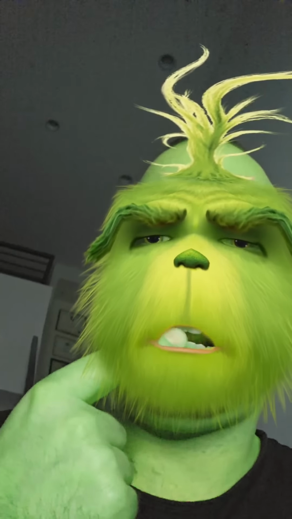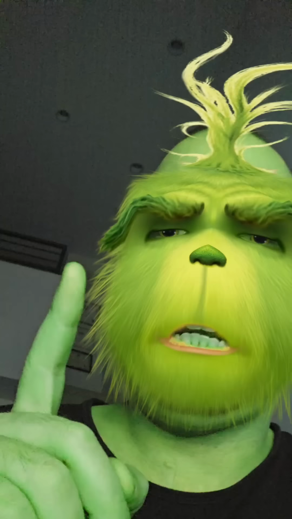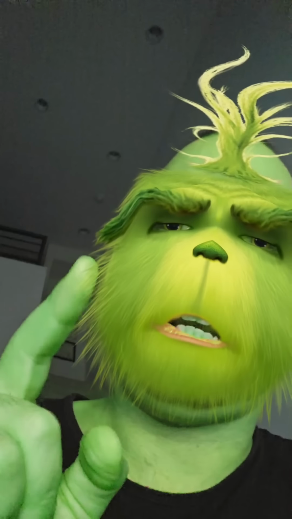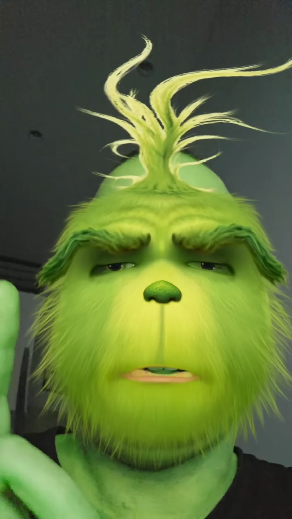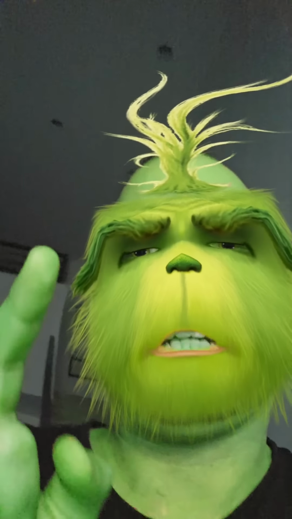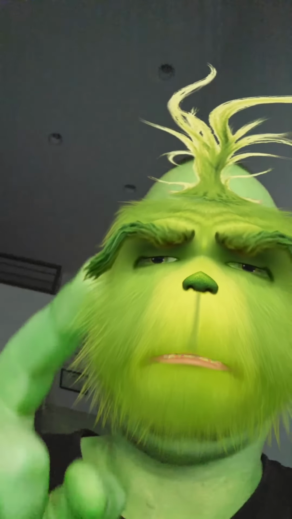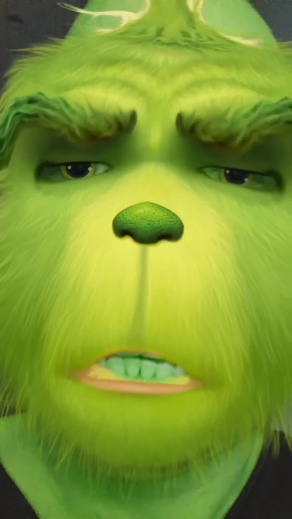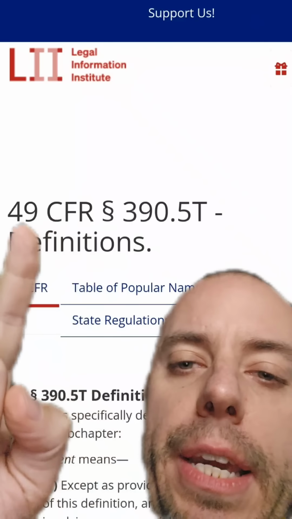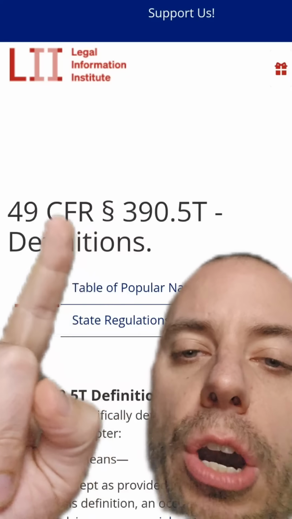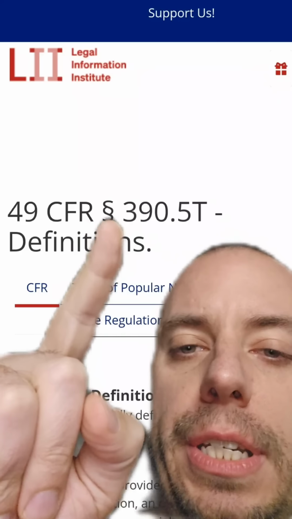So wait a second there, Brandon. You mean to tell me that I drive around in a way where the state believes that I'm driving in a commercial activity and it's some kind of a job or I'm transporting people for property for money? Yep. Now this gets even more wild because we've got the next thing here, which is 49 Code of Federal Regulations, Section